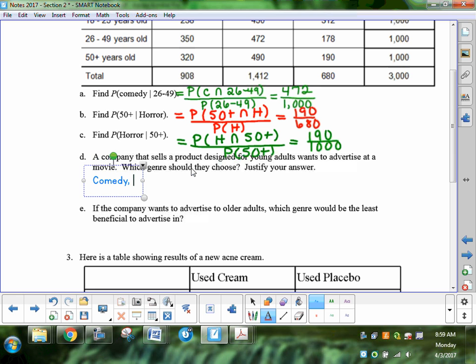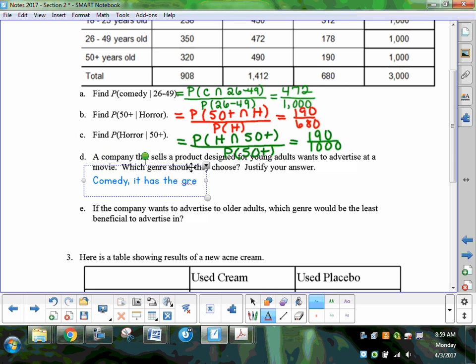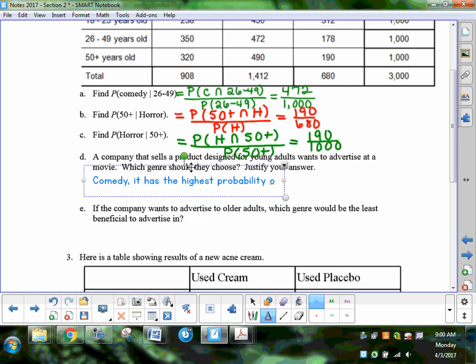We'll say this. I want it to say it's got the highest likelihood. It's got to say probability. So what was your answer again? What did you want to say, Grace? I just said 450 out of the 1,000 like comedies, action and horror are less than 450. I'll say this. It has the highest probability of being liked in that